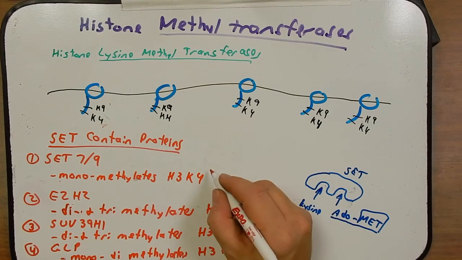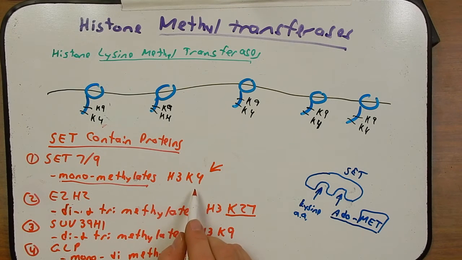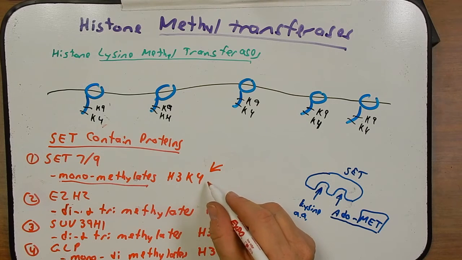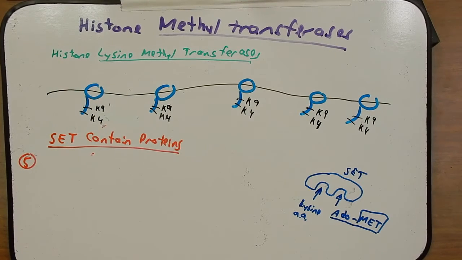Okay, before we move on, I realized I didn't mention something about SET7/9. Remember, I said it adds a monomethyl group to H3K4, and I said it couldn't add a second or a third. So there must be another enzyme that can add a second or third methyl group to H3K4. And that's the one I want to talk about next. I'm going to have to erase this so I have the room. But I wanted you to recognize that MLL1 could possibly work in concert with SET7/9. So this is our 5th example,